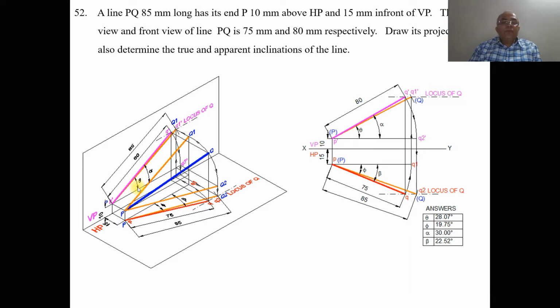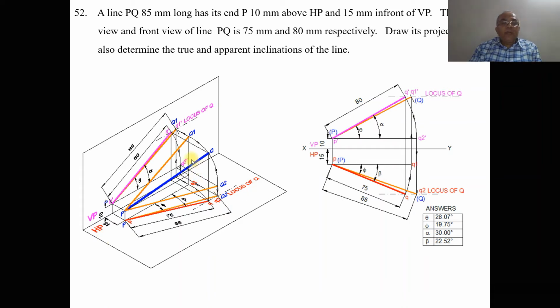Now once you get the locus of Q, correspondingly we can get the front and top view. So how can we do that? With P dash as center, Q2 dash as the radius, you rotate this, so that means you are rotating like this with P and Q2. You rotate Q2 such that it is going to cut the locus of Q in the front view, so that you are going to get Q dash here. Then join P dash Q dash with a dark line.